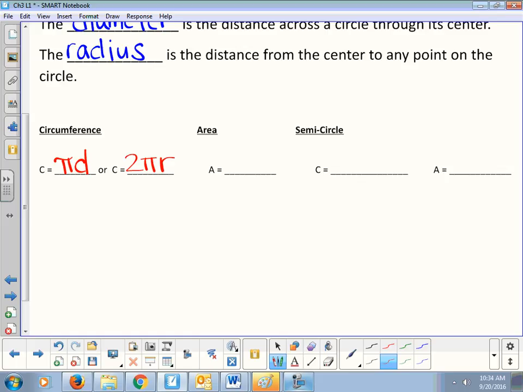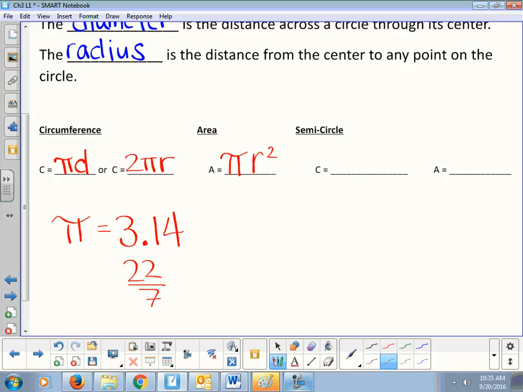For area of a circle, we use the formula pi times radius squared. When you square a number, you're squaring the radius, you multiply it by itself, and then by pi. What is our value for pi? 3.14. It keeps going, but when we use it to find area and circumference, you can stop at 3.14. Sometimes you might see it written as 22/7. That's another